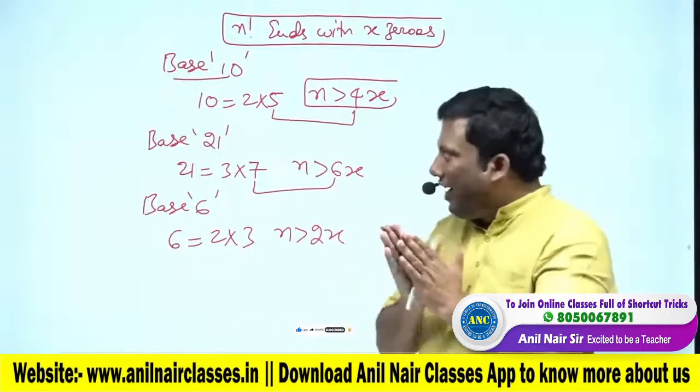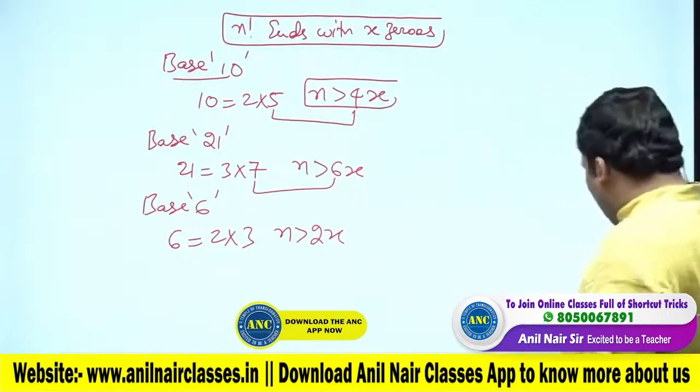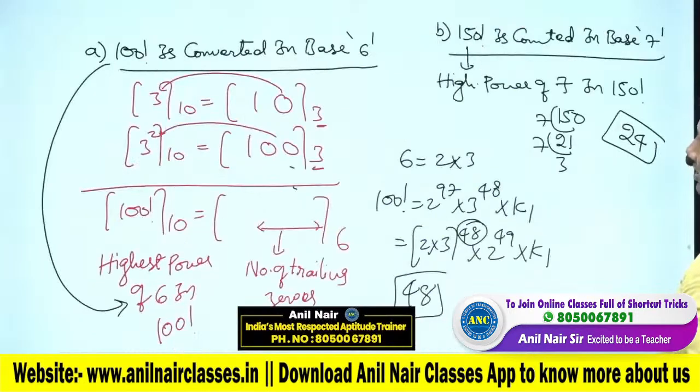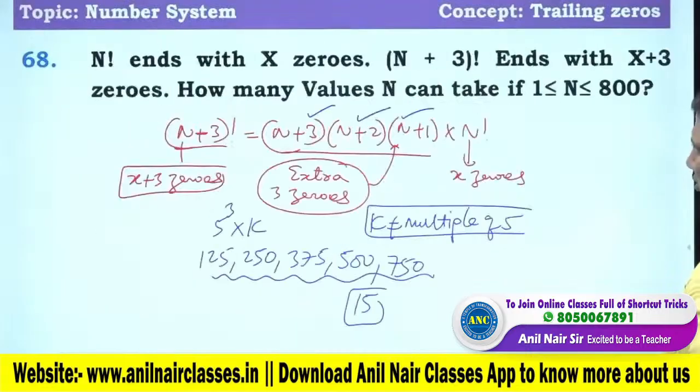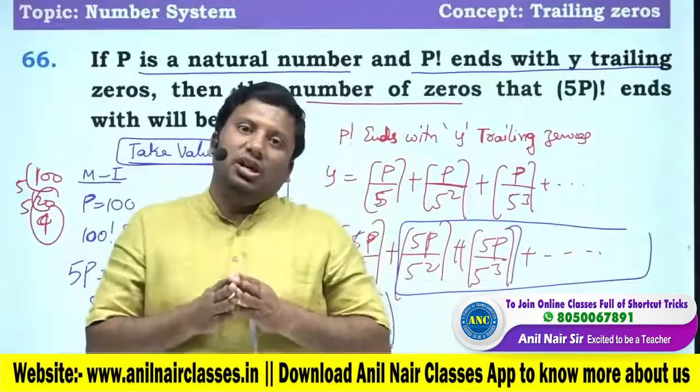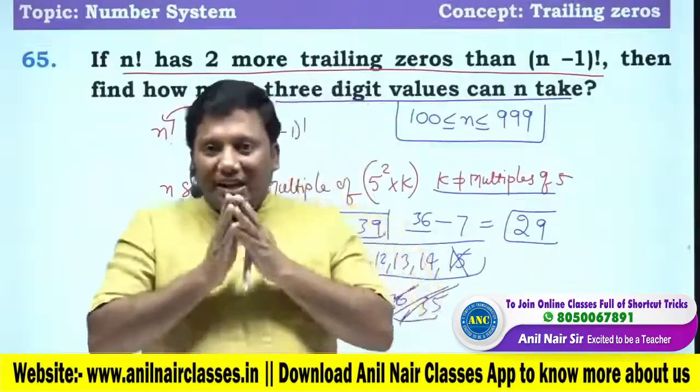These are some very interesting questions on base system. Now, n factorial ends with x zeros, n greater than 4x. For some other base, how to solve? How to find out the number of trailing zeros? All these questions, we discussed this in Trailing zeros, session number 2. It is an advanced